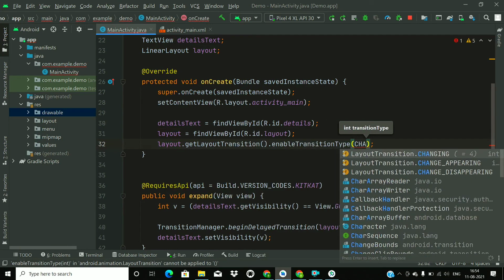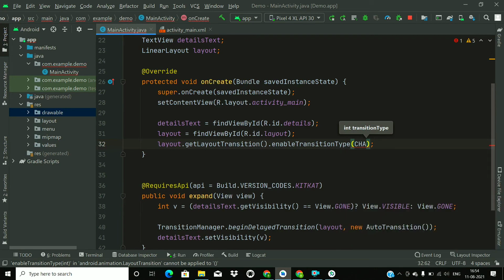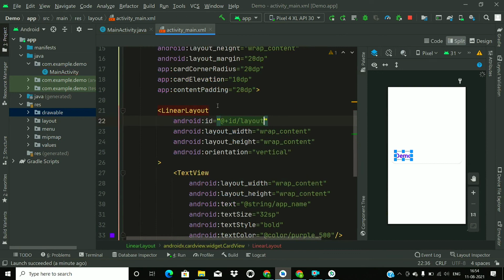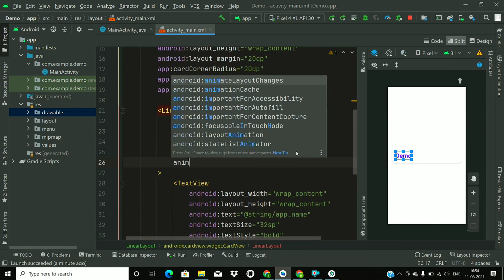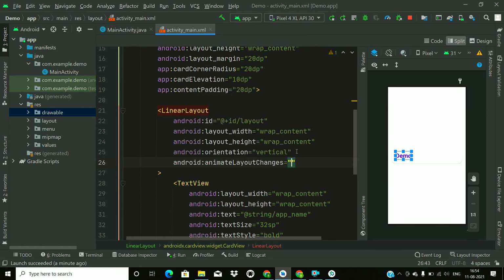So transition type changing. Now just go to the XML file and add an attribute in this linear layout as animateLayoutChanges and pass true here.